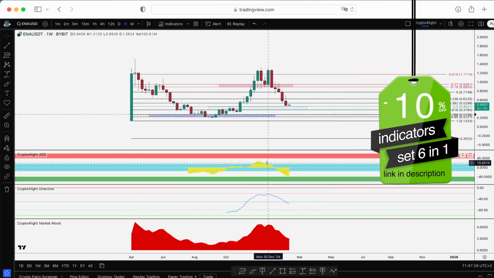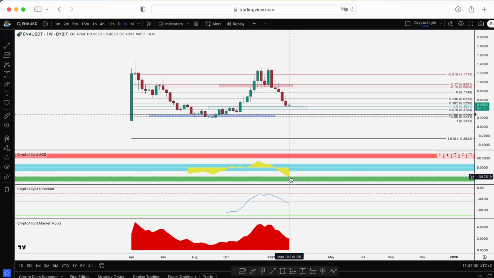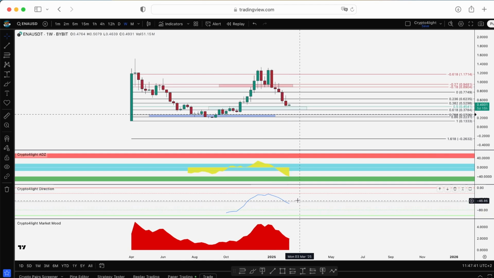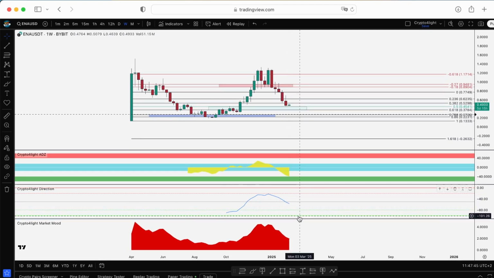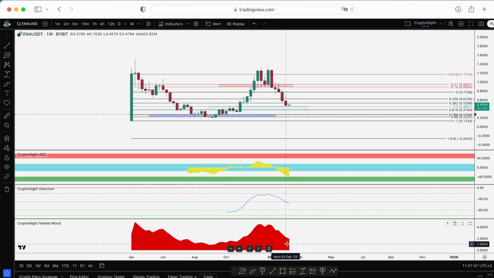So here, this is finally we higher, much higher. We're at almost over 100%. We're in profit from that low, but we're in deeper accumulation on the weekly time frame. It's good. We are in the middle of the direction, so capitulation, we can drop again to the bottom. What I don't like in the market mood, we are still in euphoria.